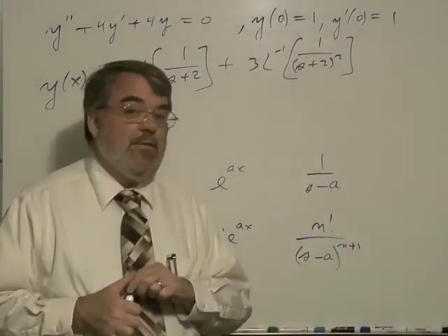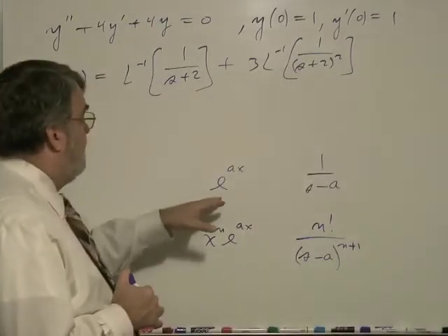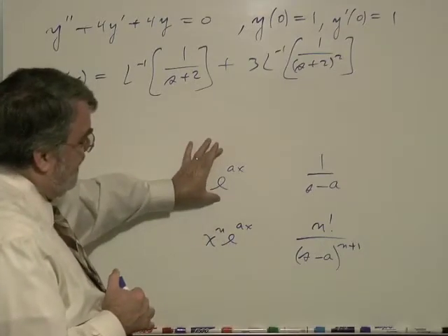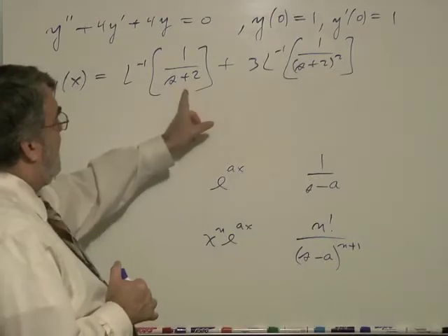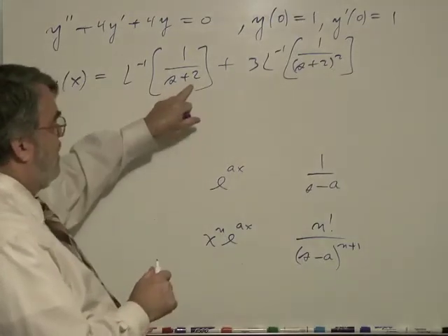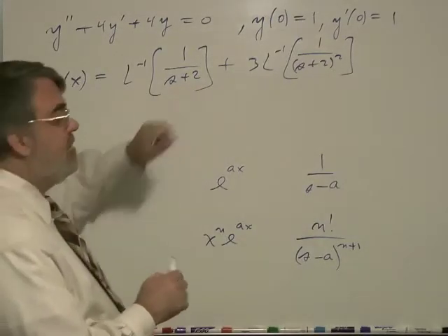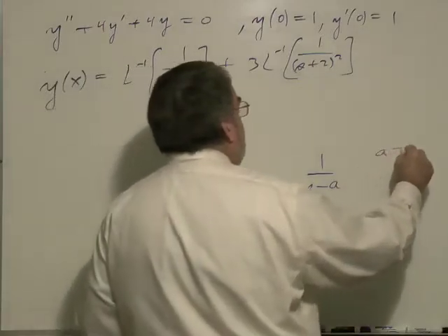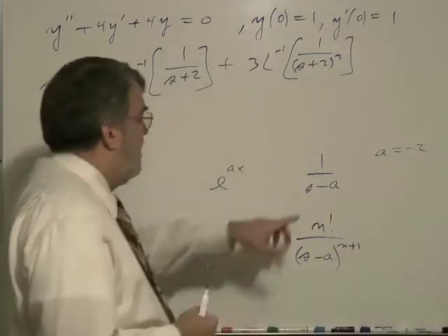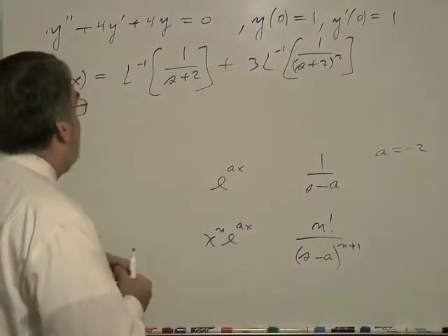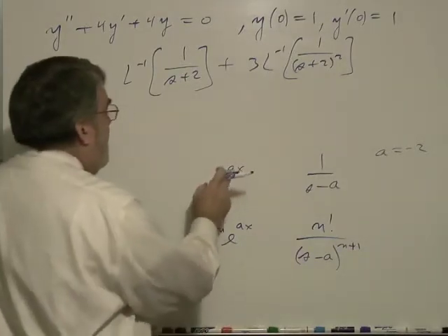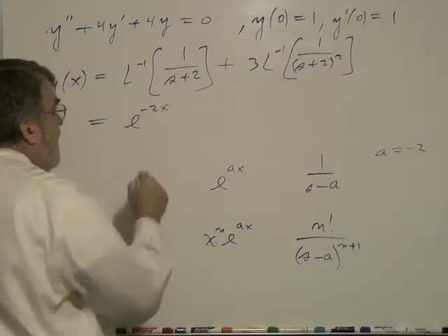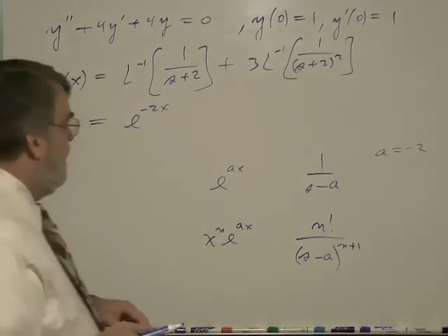From the Laplace transform table, the Laplace transform of e to the ax is 1 over s minus a. So we're going to be able to use that here with a equals -2, aren't we? A is -2 because s minus -2 is s plus 2. So y would equal e to the minus 2x. And then here,